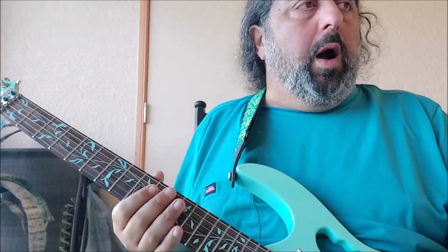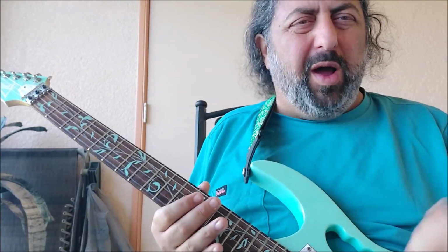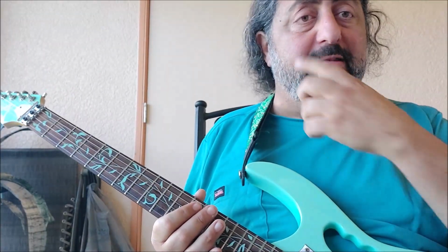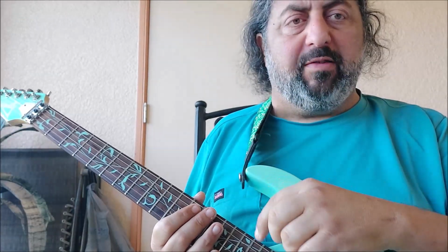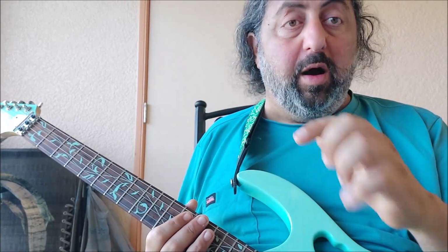So let's see how Jerry approached a chord tone solo here. And why do I think it's a chord tone solo? Because this chord sequence, the chords that we're responsible to solo over, have one chord that's out of the key. So one scale will not cover